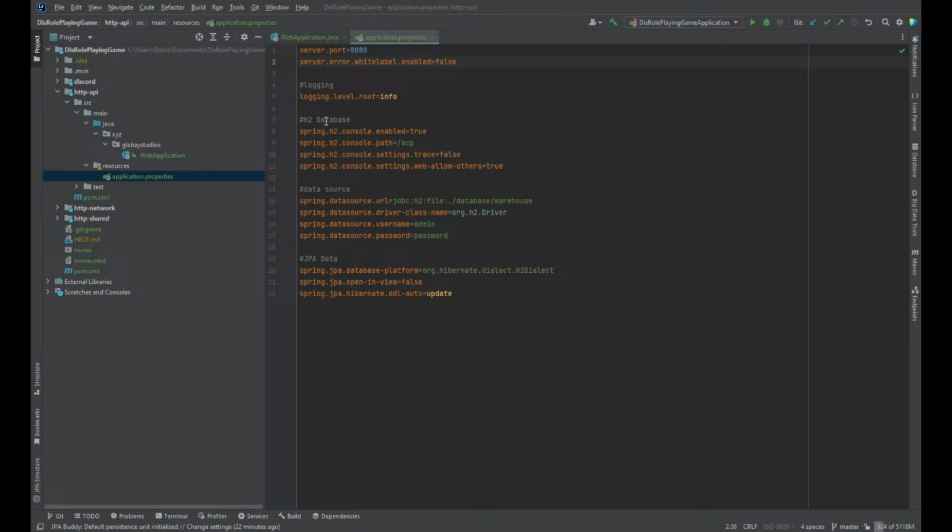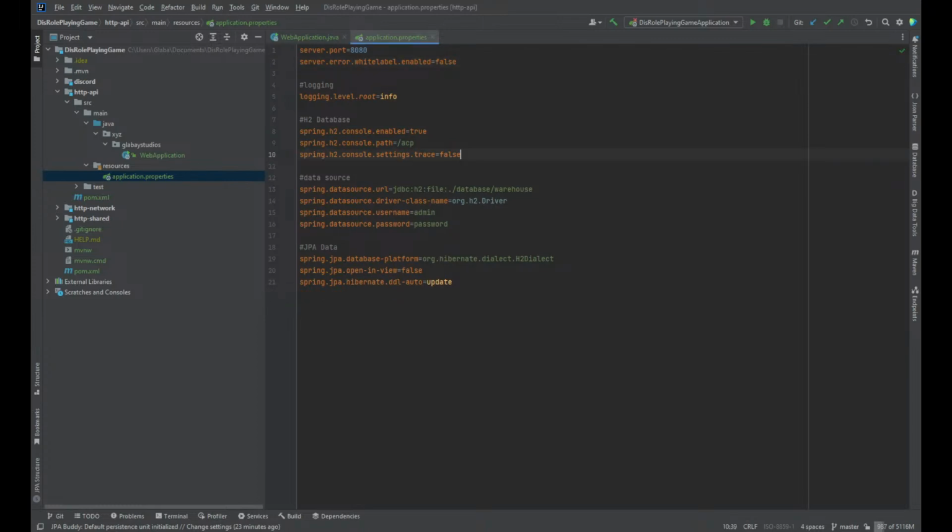Also for our H2 database, we are setting the console to true. This is just so that we can have a SQL console to go look at. The path is going to be localhost, http localhost colon server port /acp. That's going to be where we go to get to our admin control panel. We are not looking to trace the settings, and we are allowing others at this point. I'm actually going to go ahead and remove that because by default it's not. That was on a previous thing I was doing. Anyway,